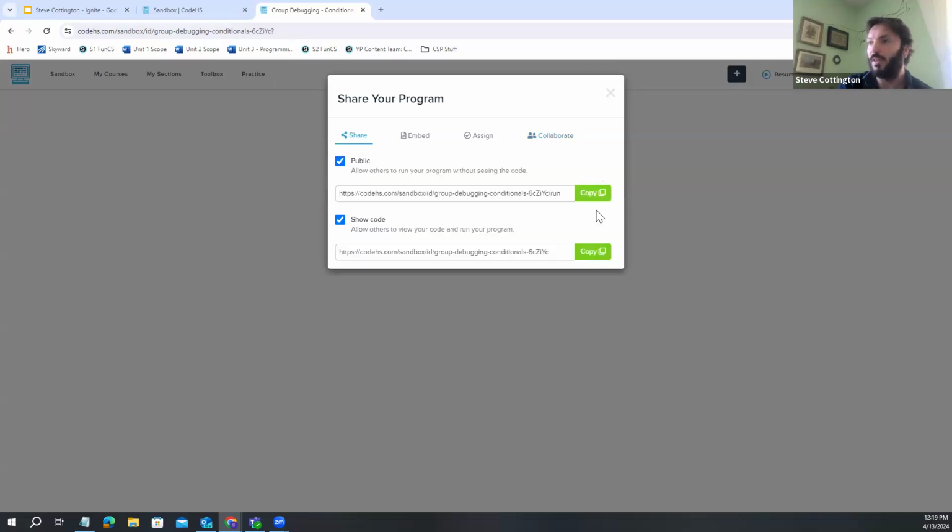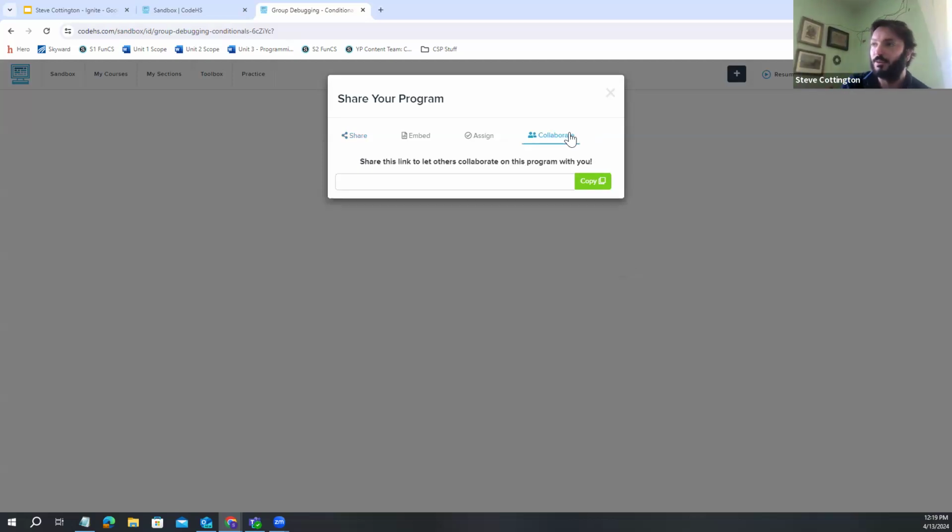The forking would be if you send them this link, just like the share link, and then it's the same with any other sandbox file. They get the fork up at the top where they can fork their own. But if you want them to be typing into the same thing, the Google Doc mode, it's this other collaborate tab,